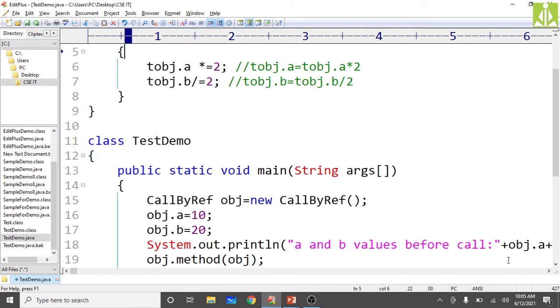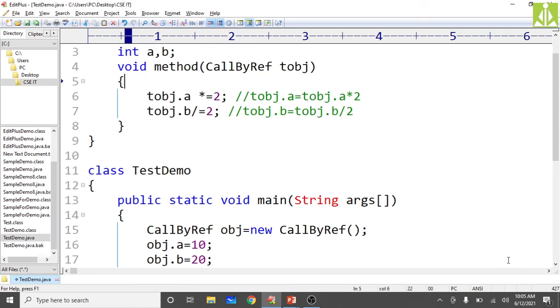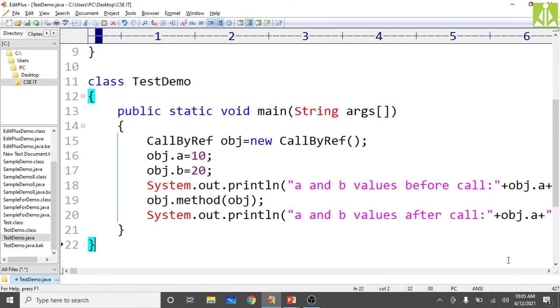So if I make changes using TOBJ.A and TOBJ.B, these changes will also affect my actual parameters, obj.A and obj.B. When I am printing obj.A and obj.B, you should see the changes.